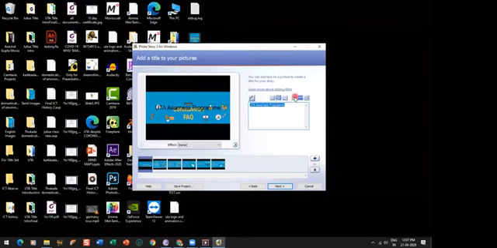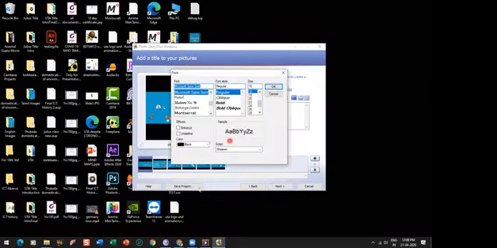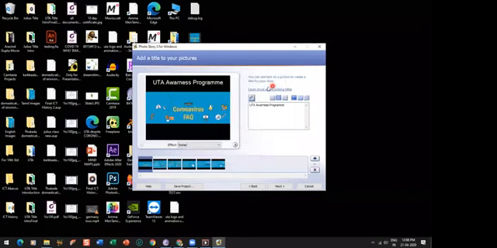I am just pressing stop, and it is not visible since the text was black and the stripe is also black. So I'm going to change this into white. I have changed this. Now it is visible. If I want, I can also keep this at the bottom or at the center. Let it be at the top.